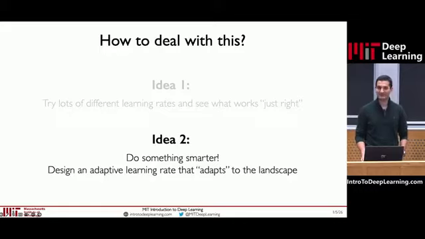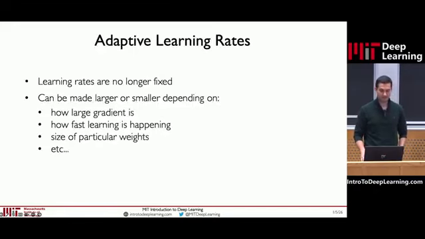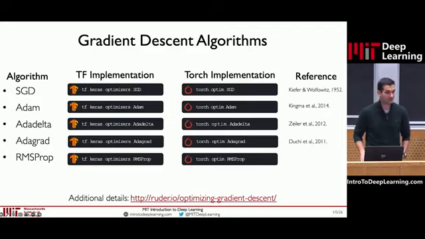How about we design adaptive learning rates that adapt to the shape of our loss landscape? That actually is a much smarter idea because it means that we can now increase or decrease our learning rate depending on how large the gradient is at that location. When you have a very large gradient, maybe you want to take a bit of a smaller step. If you have a small gradient, maybe you want to adapt or have some momentum that can carry you through these local minimums and pass over them. And that's exactly what a lot of different optimizers have come out with.